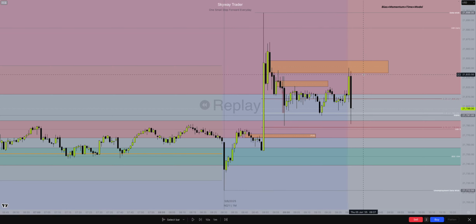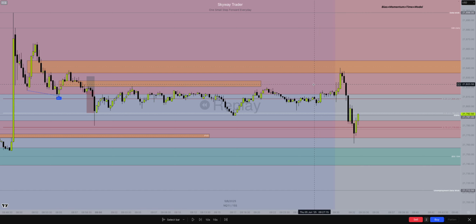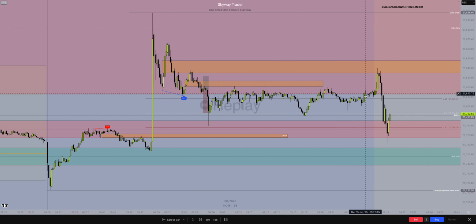We do. Not on the 1 minute, but if we go down to the 15 second, here's the inverse right here, which is a tiny inverse, so it's not really obvious. I would not take this. Again, it probably happened so fast too. I wasn't expecting a Judas swing, and I wouldn't be expecting a Judas swing here because we created a data wick and another data wick down here. So I don't know what price is going to do.